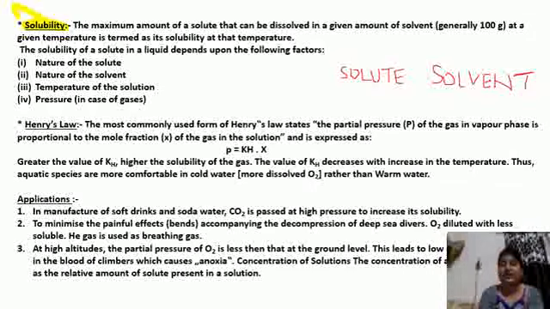is known as its solubility. Solute का वो maximum amount जो किसी भी particular solvent के amount में dissolve हो जाता है. Generally जो हम measurement लेते हैं, in those measurements the amount of solvent is 100 gram. Means the maximum amount of solute which is getting dissolved in 100 gram of solvent is known as the solubility.